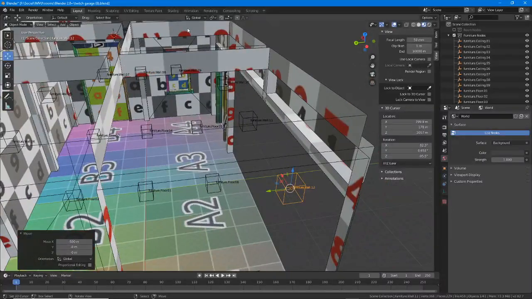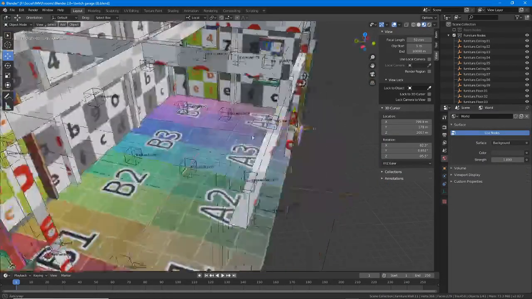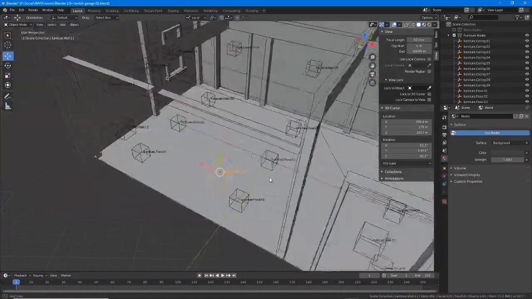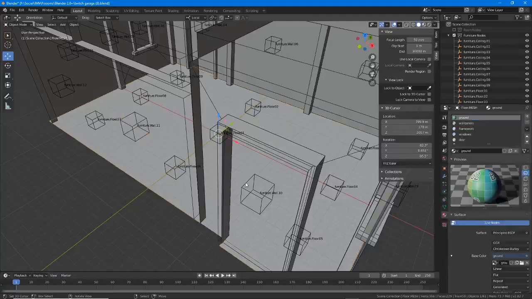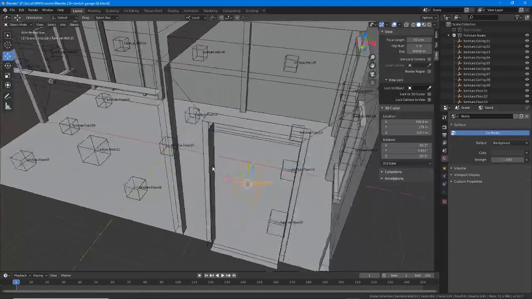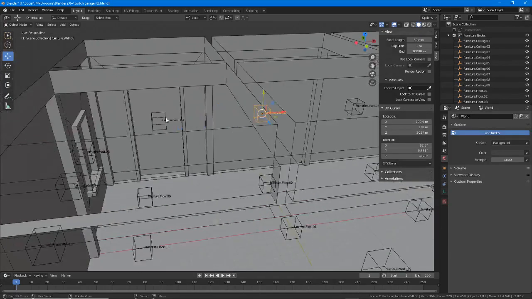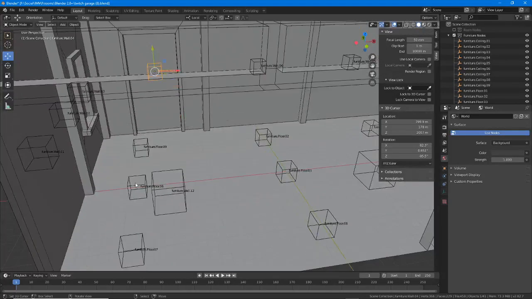So what we've got, let's go into local, are our wall nodes now pointing in to the room. So they all point inwards, floor nodes all point upwards,